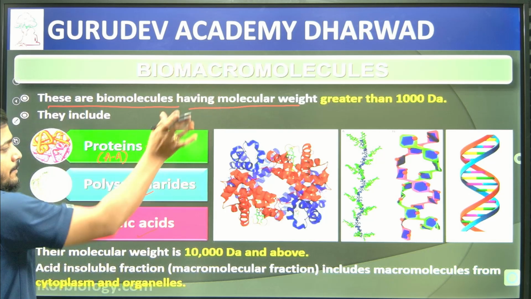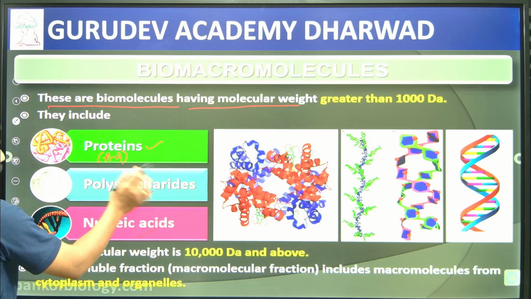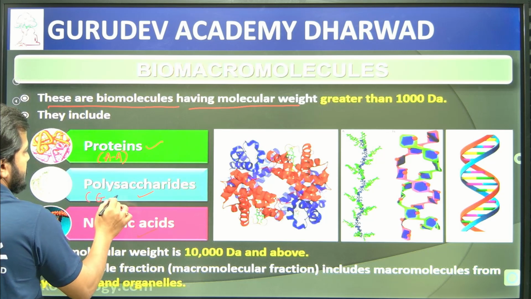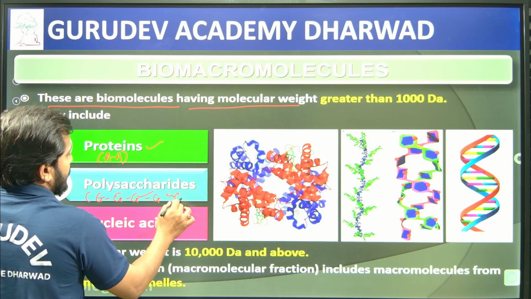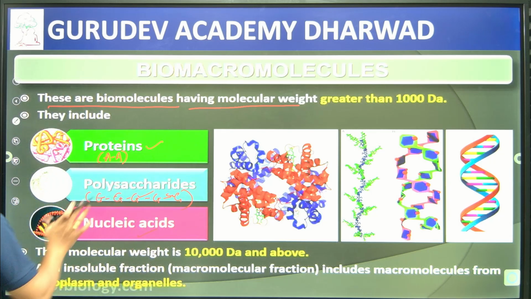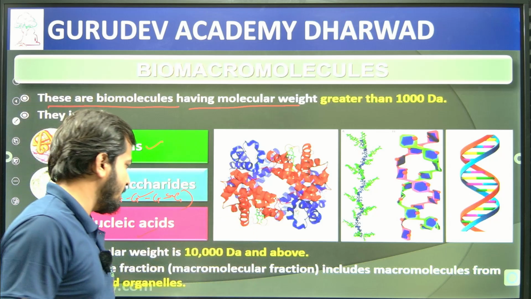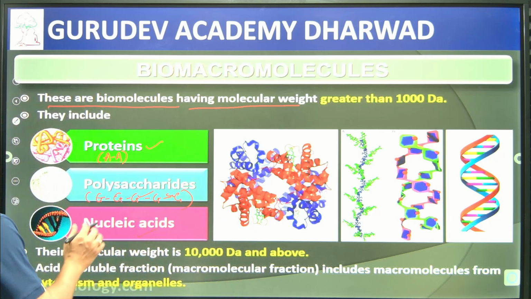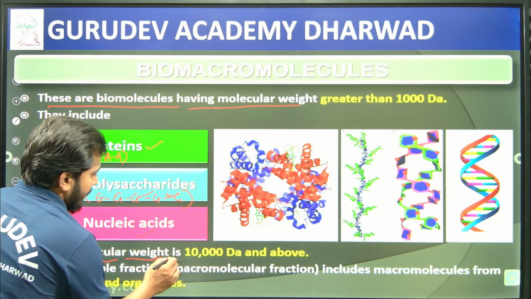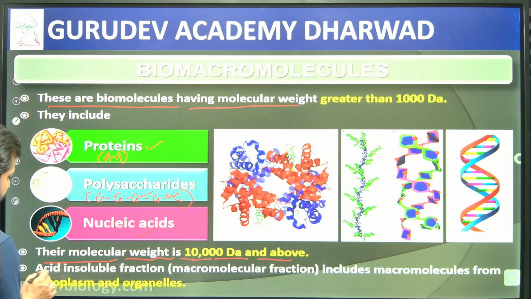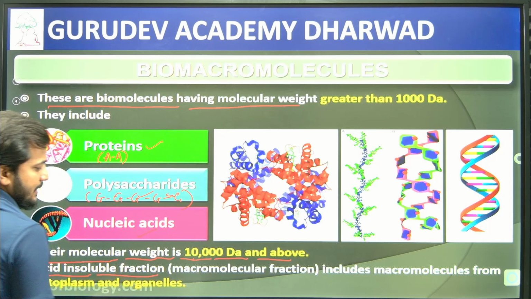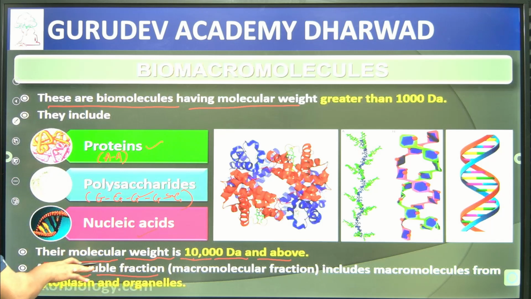The chain of amino acids forms protein. Polysaccharide means a chain of glucose molecules, or carbohydrate you consider. Likewise, it is known as polysaccharides. Nucleic acids are nothing but a chain of nucleotides, that is what you are going to find out, right? So their molecular weight is 1000 Dalton and above. They are acid insoluble fractions. They are not going to get acid soluble, or they are not going to get solubilized inside